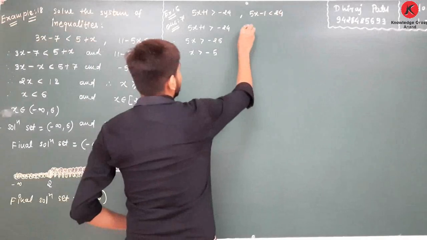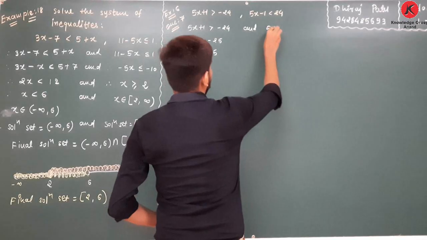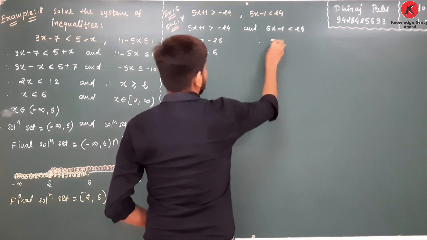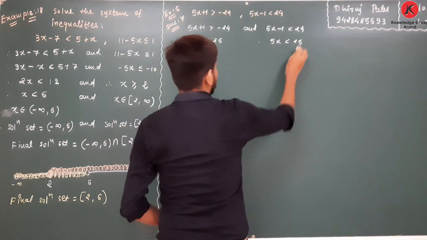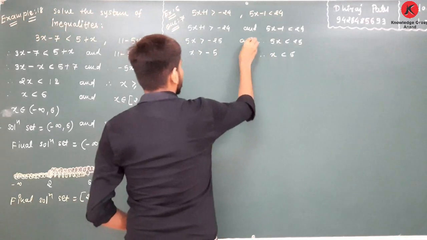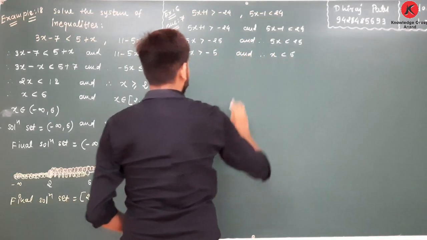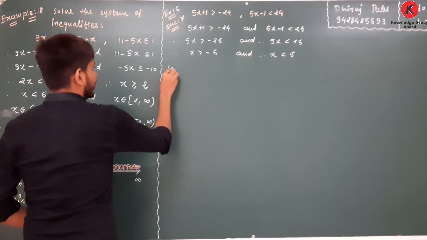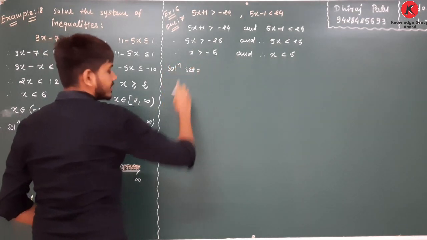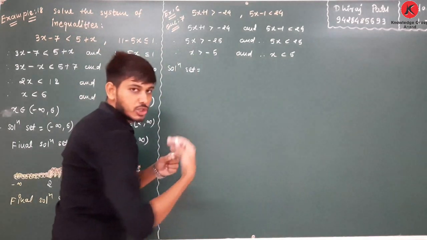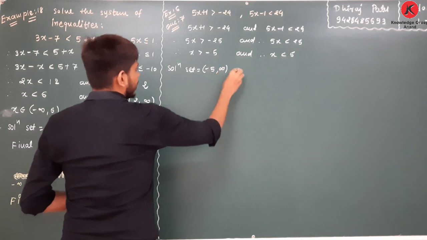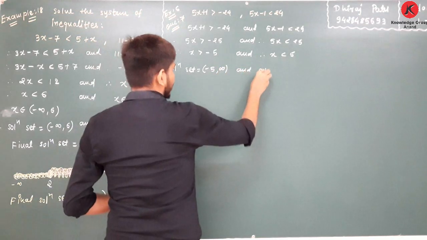Next, the second: 5x minus 1 less than 24. Therefore we are getting 5x less than 25. Therefore x less than 5. Clear? Both inequalities are clear now. Now the solution set for this inequality, which equals x greater than minus 5, means minus 5 to infinity, and the solution set for this